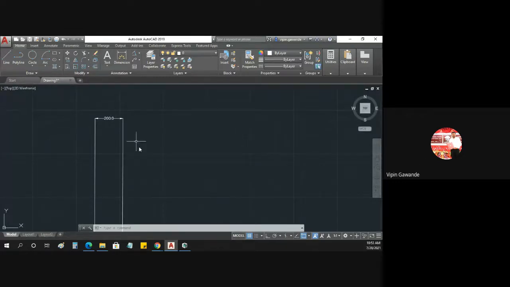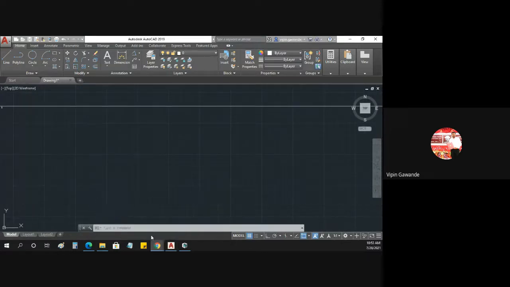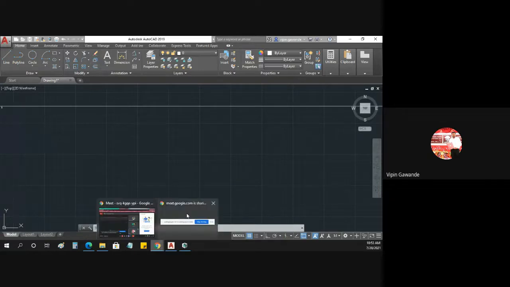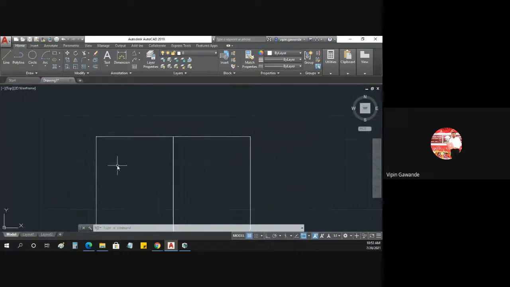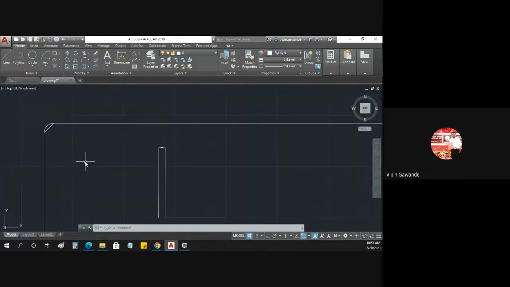These are the different types of commands that we have to use. If you go to YouTube and search for the basic commands of AutoCAD, you can see the various types of commands they have explained there. So you can refer to that also. In the examination, they will ask simple things. For what purpose is the trim command used? The trim command is used for removing the extended surfaces. For what purpose is the mirror command used? For what purpose is the offset command used? Likewise, there are simple things.